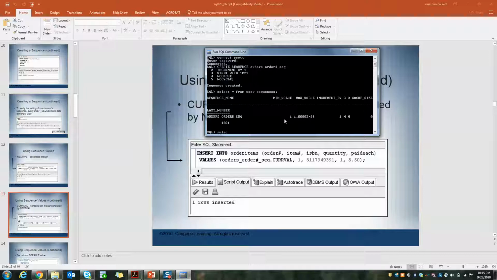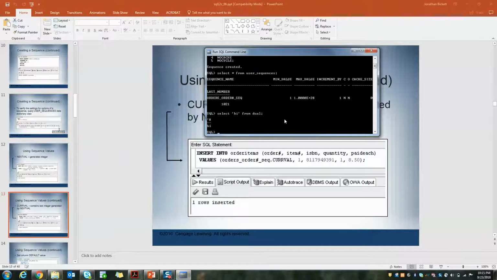So you can actually do select high from dual, and it's just going to return whatever I select high. So using dual, we can actually call the sequence that we created and see what the current value is, and then call the next val. So if I say select orders underscore order number underscore sequence dot cur val from dual,